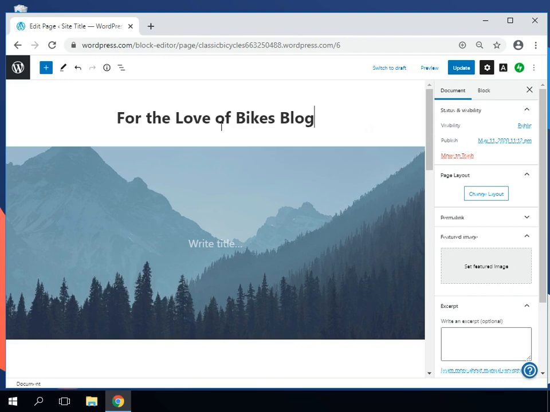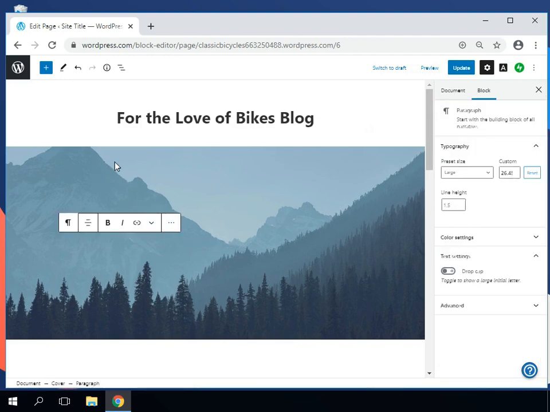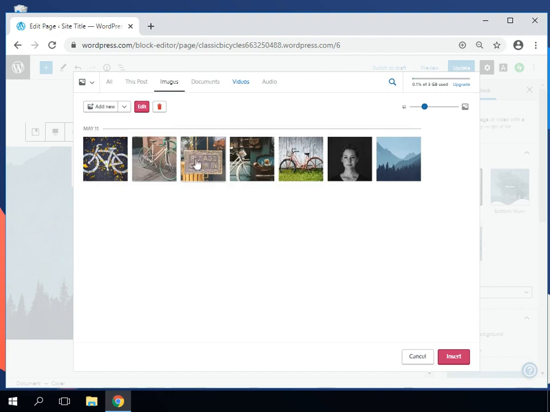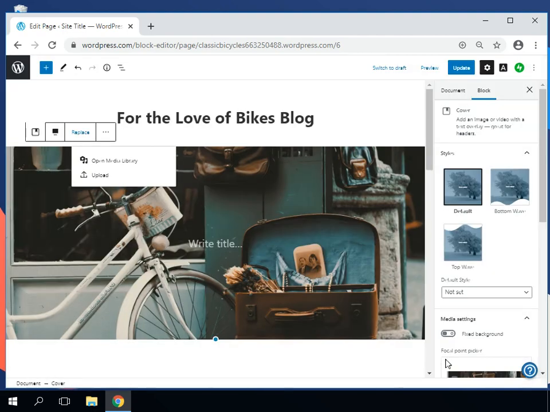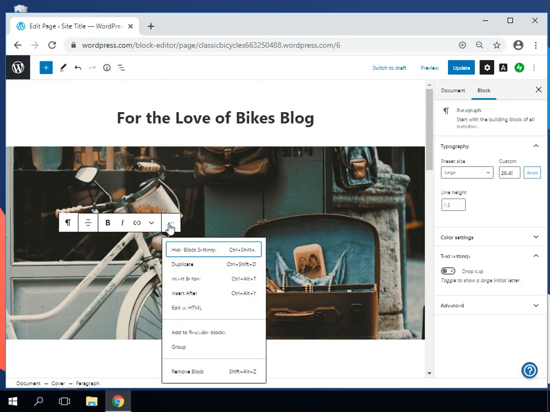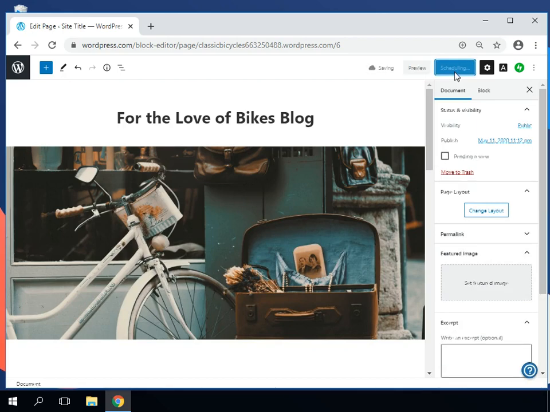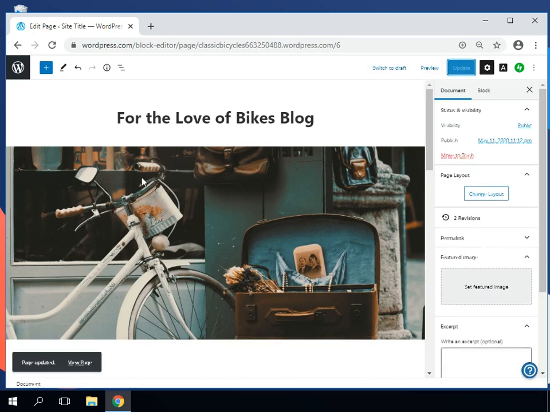Change the main image to match the image on the main page. Again, we see that we have text that appears in the middle, so we're going to delete that block. And then click Update at the top of the page to save the changes. We're going to leave the rest of the settings as they are, and we're going to add a test blog post. So we can do this by going back to our dashboard,